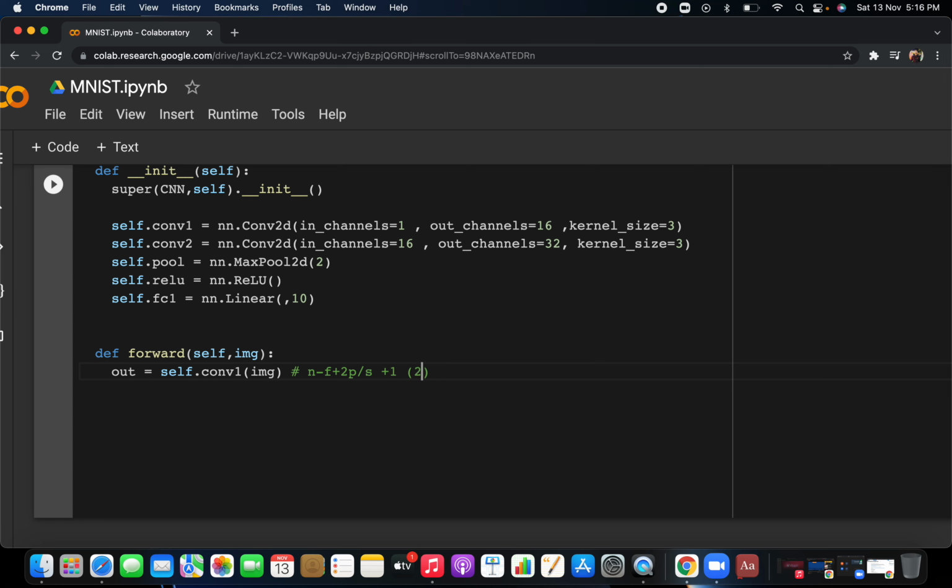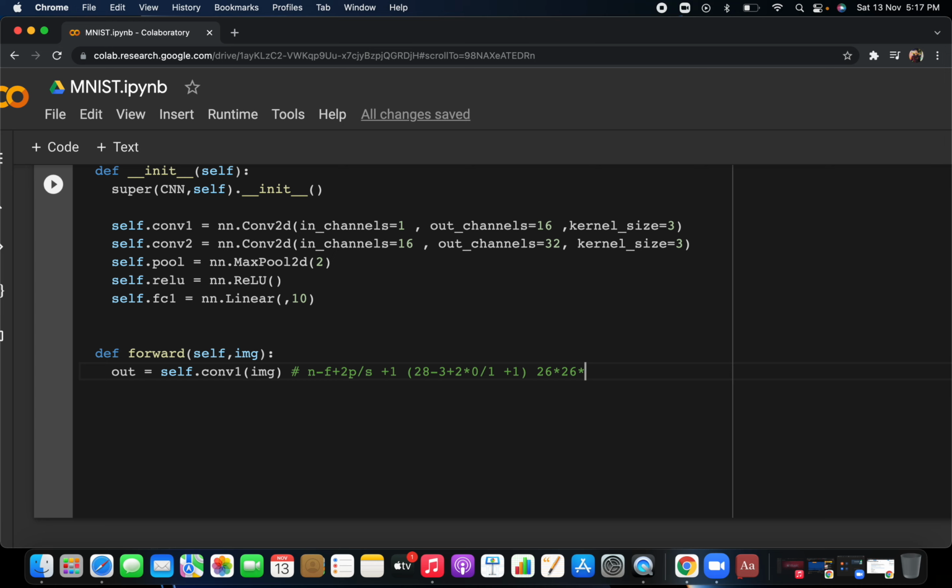So we write 28 minus f, where f is your kernel size, and the kernel size is 3. Padding we have not defined, so by default padding is 0, so 2 into 0, divided by strides, which is 1 by default, and the whole plus 1. 28 minus 3 is 25, 2 into 0 is 0, 25 plus 1 gives 26. So this is your output after performing the first convolution operation.